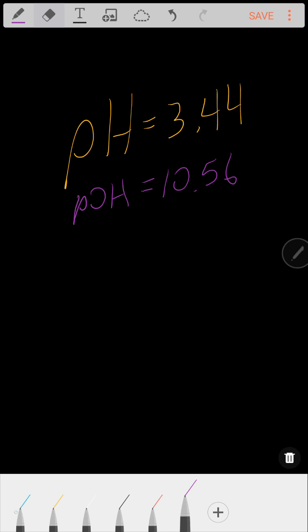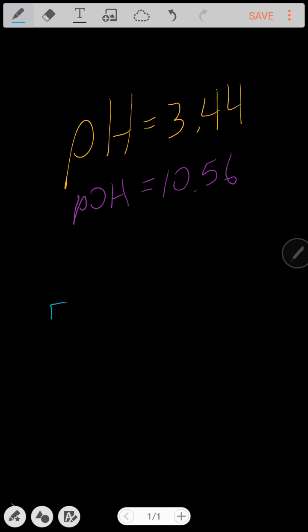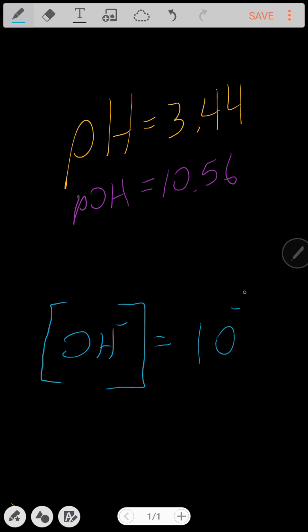The first step would have been, which we did, to find out what my pOH is. And then I could do that same equation of trying to find out my hydroxide ion concentration, which is going to be equal to 10 to the power of the negative pOH, which in this case is 10.56. So 10 to the power of negative 10.56 is equal to,